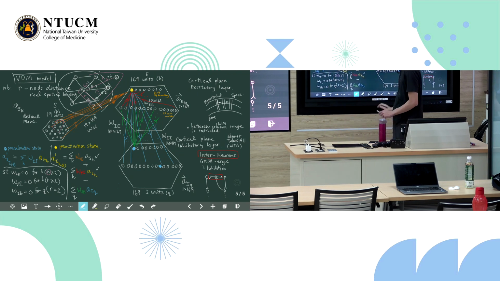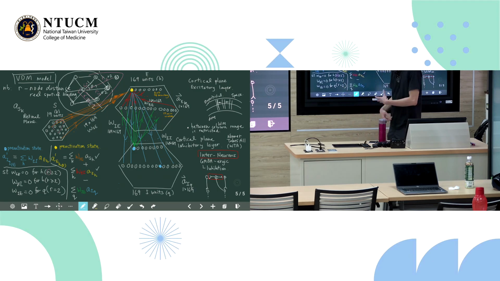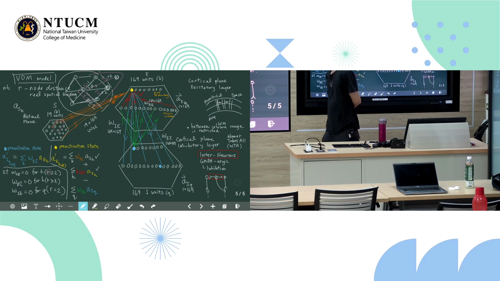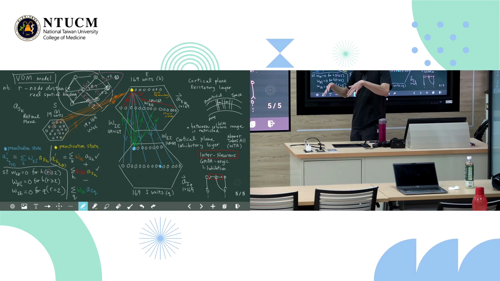Okay, yeah, the color helps to make it a bit more clear. Better? Yeah. Correct. The retinal plane does not connect to the inhibitory, which is also true if you see the biology. The inhibitory interneurons do not receive inputs from the stimuli. Well, as far as we know, I mean, someone might discover it, we don't know.